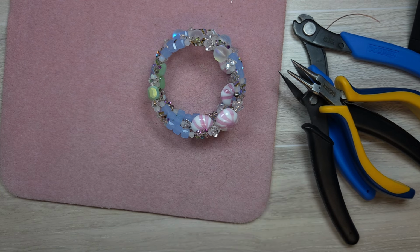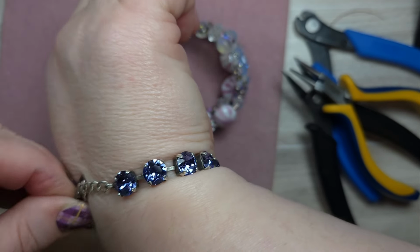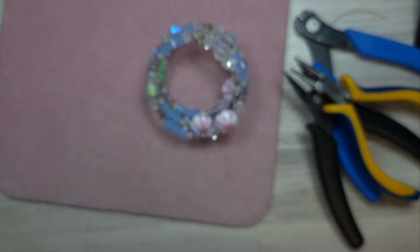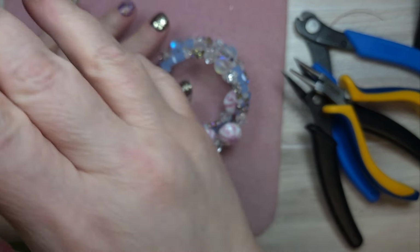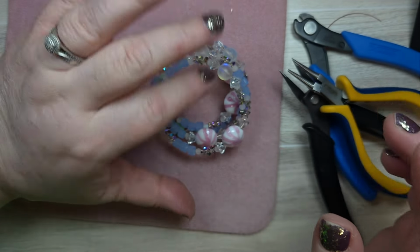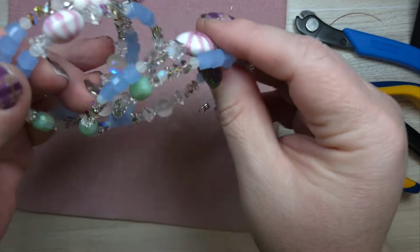I've got to figure it out, my friends, because I can't sleep in my jewelry. Can you guys sleep in your jewelry? I cannot sleep in my jewelry. Oh, I think I got one of them out. Okay, there we go. I sleep in my wedding rings. I take my wedding rings off if I'm making meatloaf or cookies, but I shower with them. I know I probably shouldn't. I sleep with them too. I know I probably shouldn't, but...